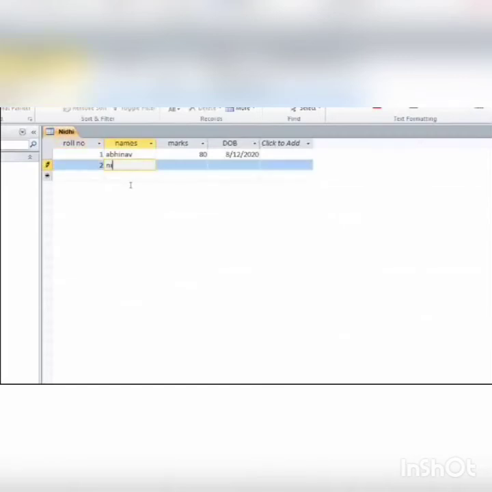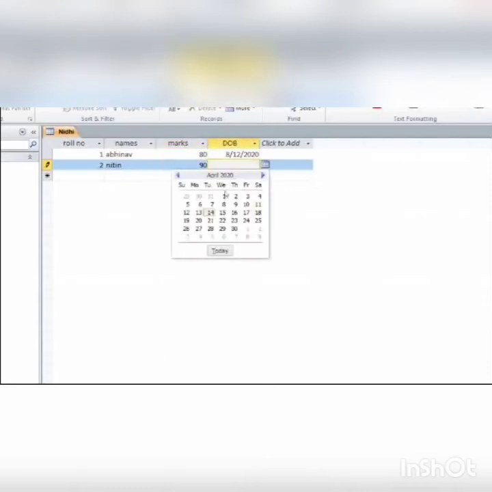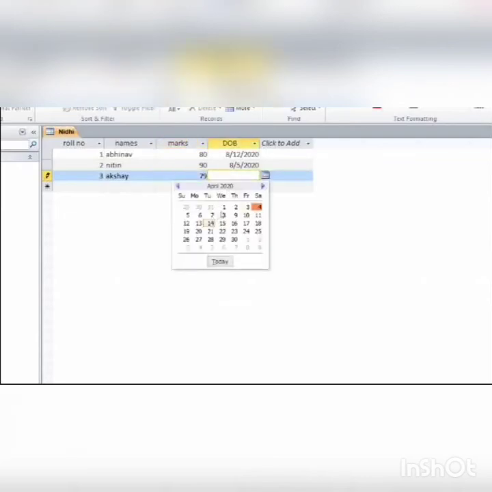And we'll keep writing our data according to our need. And choose the date again. And next one, third, any name, marks of the student, date format.